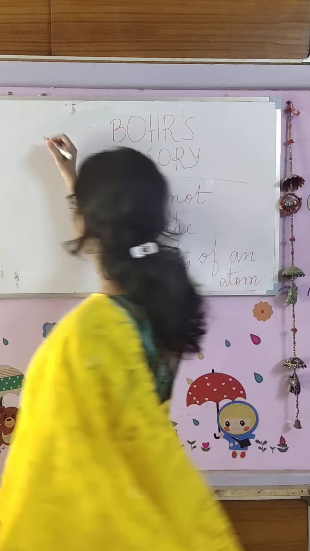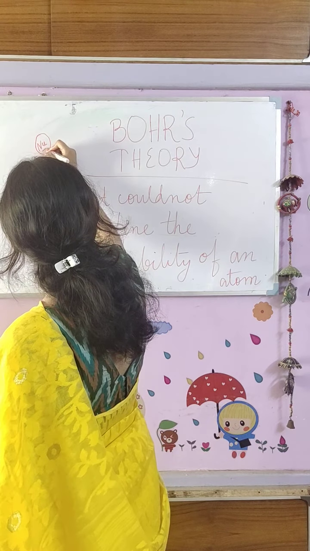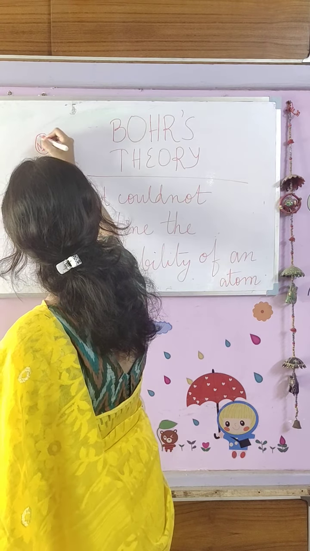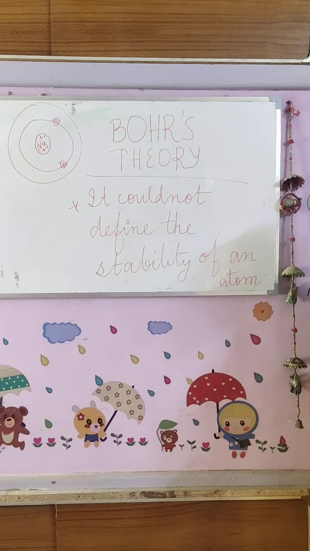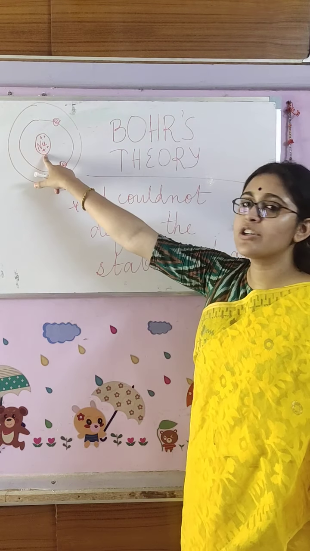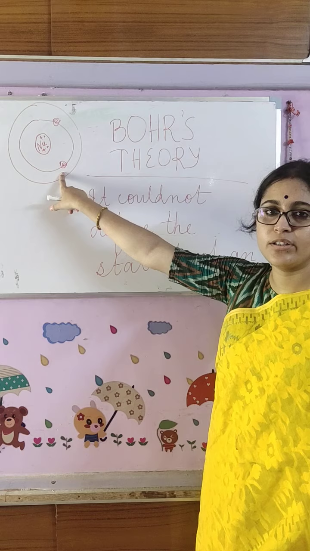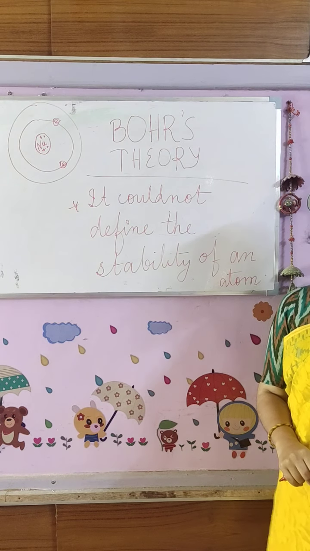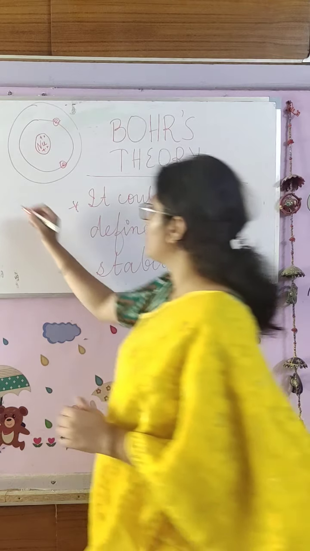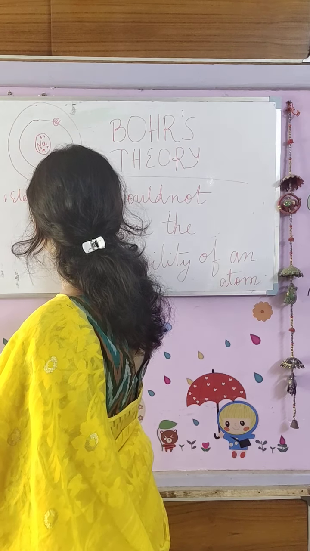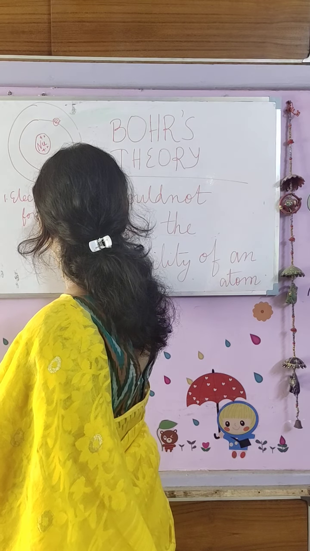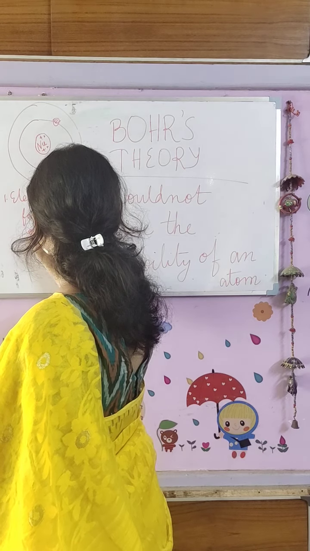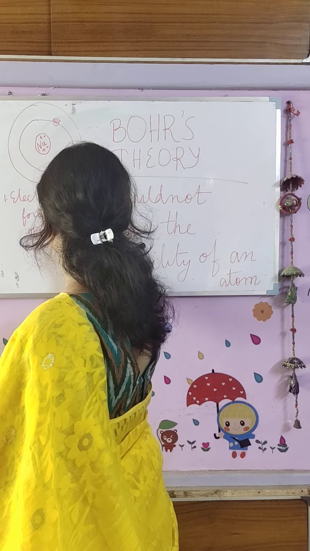Why? He told that inside the atom there is a nucleus with many neutrons, that means there are many positive charges in the nucleus. And around the nucleus, electrons are revolving in different shapes. Now, according to Rutherford, there is a force of attraction between this positive charge and this negative charge. And this force of attraction is known as electrostatic force of attraction. So, a force of attraction which is experienced between electron and proton is known as electrostatic force of attraction.